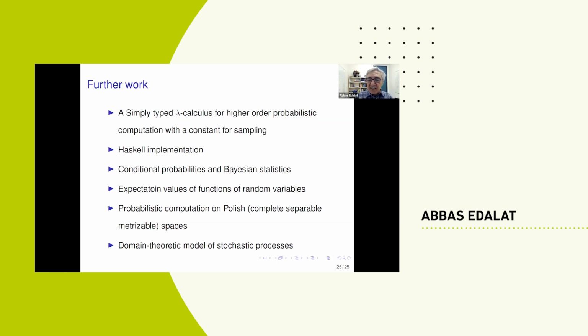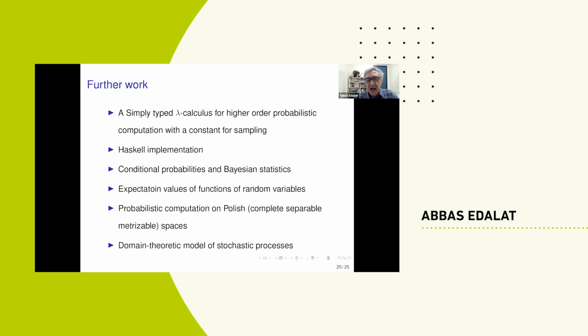There's, for example, a Licks paper saying that conditional probability distribution is not computable. But in certain cases, including for continuous distributions, the Bayesian law is actually computable, and we can show this in practice. Then we can have expectation values of functions of random variables. So the nice thing about